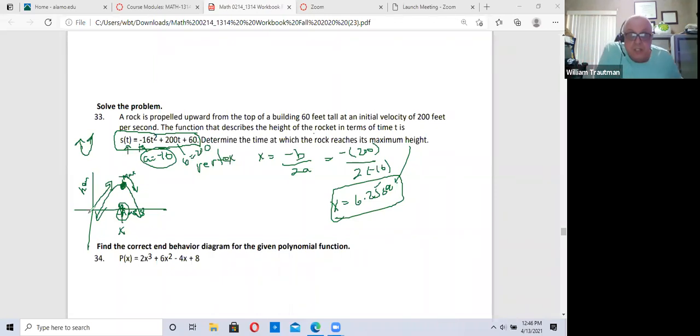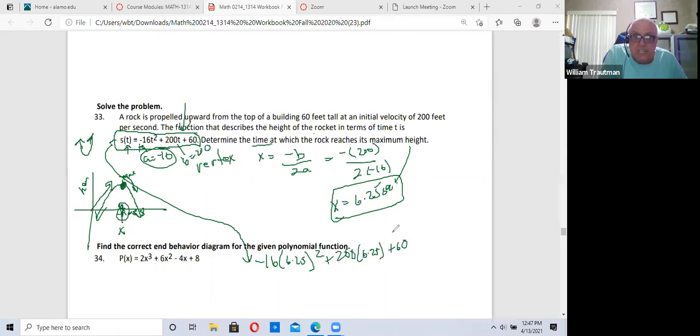Now, if it says determine the time, okay, that's the time, but what is the maximum height? If you want to know how high the rocket goes, you have to put 6.25 into this function. So let me just do that. Negative 16 times 6.25 squared plus 200 times 6.25 plus 60. This will tell you how high the rocket goes. The Y is the height and the X was the time. So if I put that into my calculator,